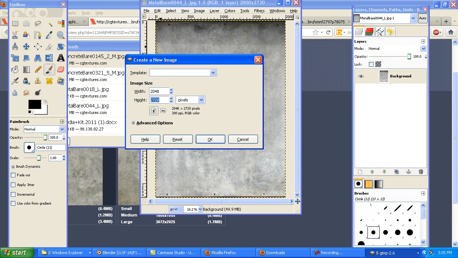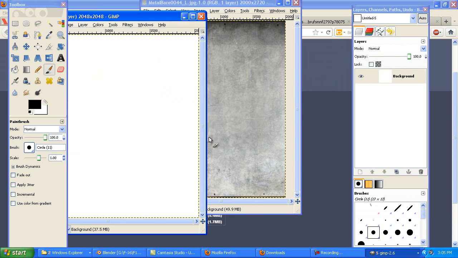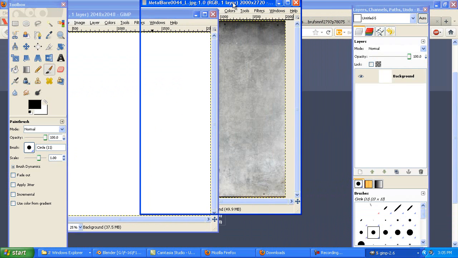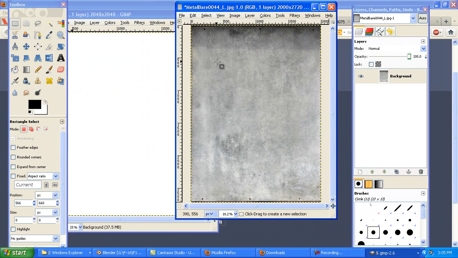So now I'm creating a new square texture, which is 2048 by 2048. So here's my blank texture. What I'm going to do is go one by one and patch these in. So I don't want this one here. This is too much contrast in it. So I'm going to take this and